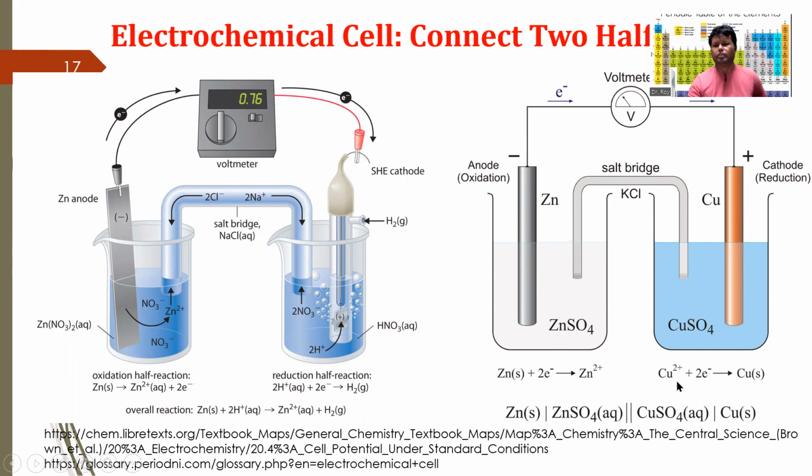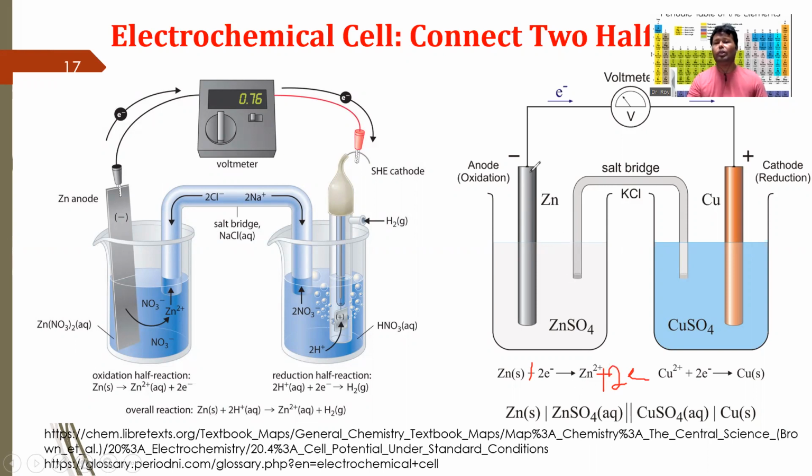Something here is wrong. These 2 electrons should be here, either it should be minus, or here it should be plus 2 electrons. So this zinc metal can donate 2 electrons faster,